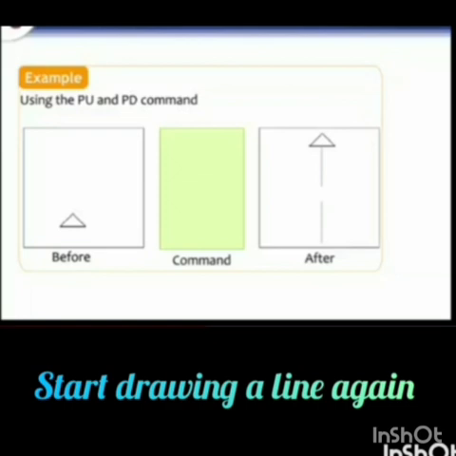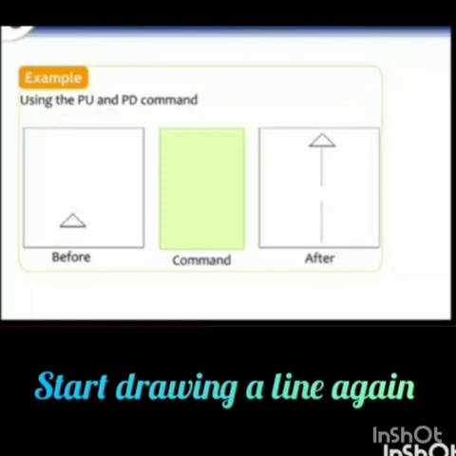In the previous example, the forward command moves the turtle forward and then the PU command followed by the forward command moves the turtle more ahead by 50 units without drawing a line, as the pen was lifted up. Now we will continue giving commands.